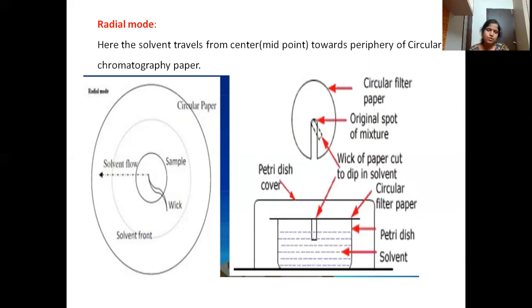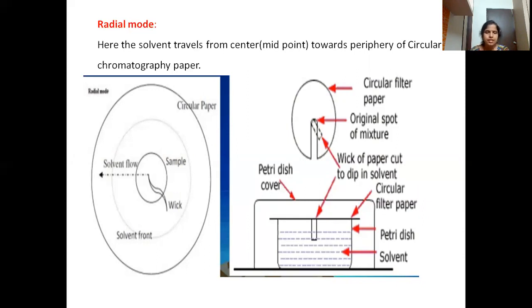So after some time, we can observe some rings like this, circular rings. This is one ring which we are observing in this diagram. There is another ring, this is another ring which is being observed. So that means here the separation of the components can be seen, we can detect by those rings. So the number of concentric rings which are formed on the paper will give information about the number of components present in it. Suppose if we are finding 2 rings, that means there are 2 components present in the mixture and which are being separated also.